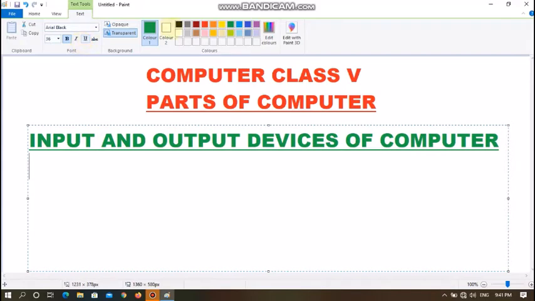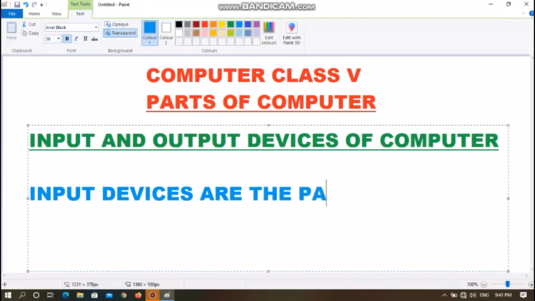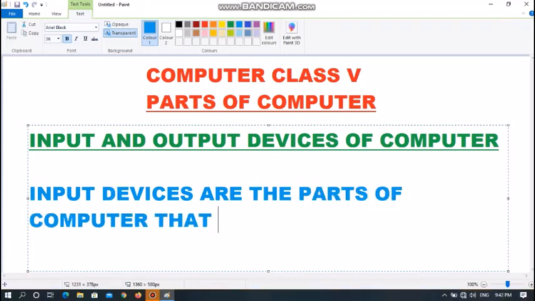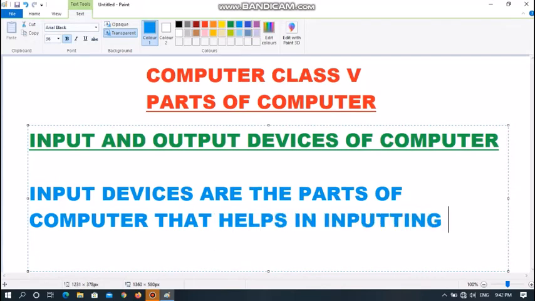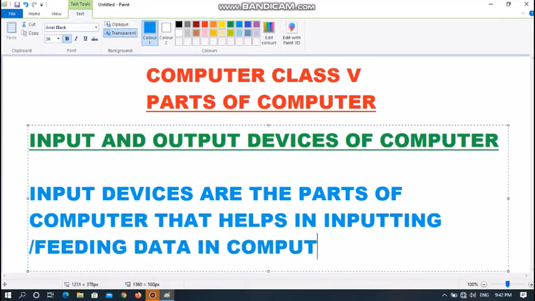After that, I want to continue with the notes. So input devices are the parts of computer that help in inputting or feeding data in computer.